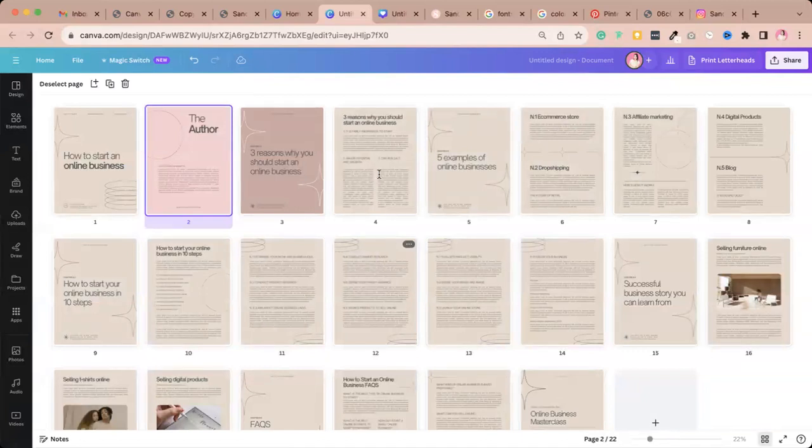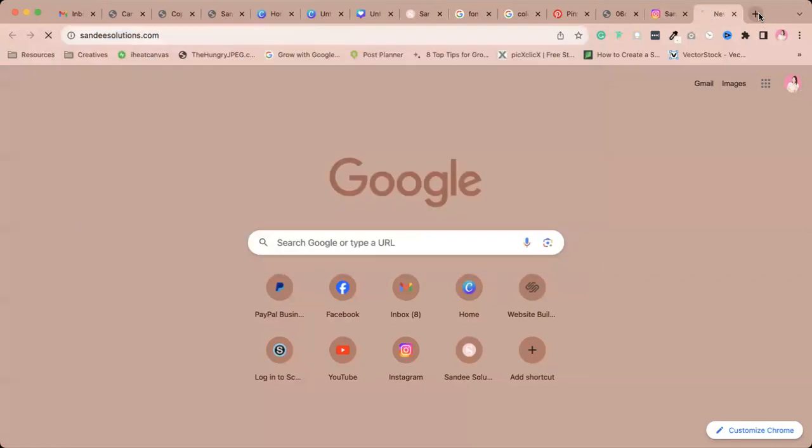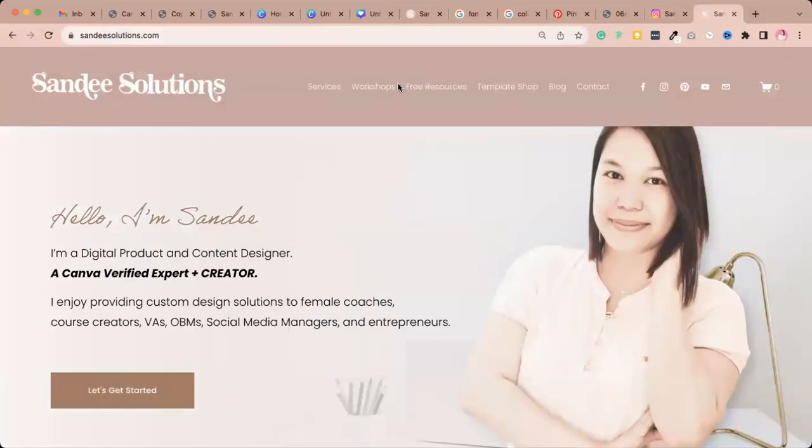Yes, I want to use my colors for the free website you gave me. Can I do that? Yes, you certainly can. All you have to do is open the template again, and then it's here. Let me go back to my website. Let me just access that free